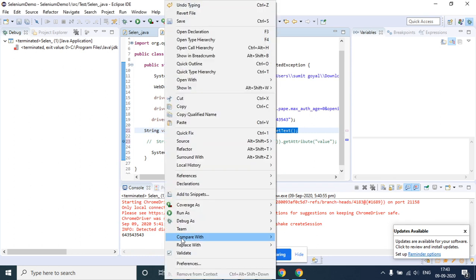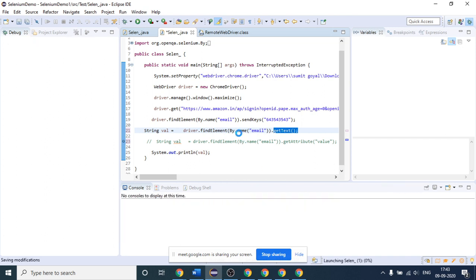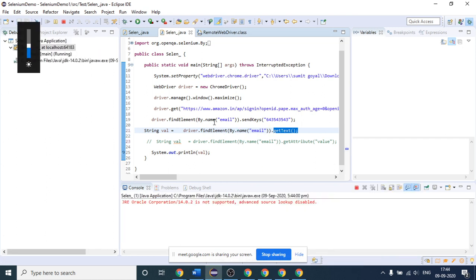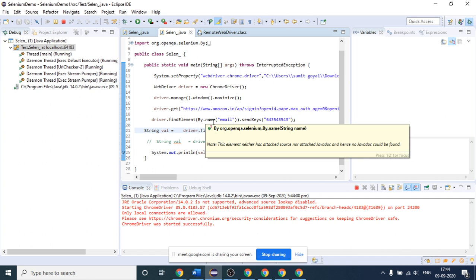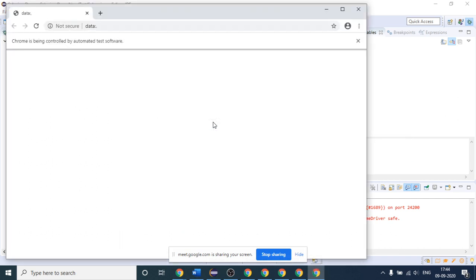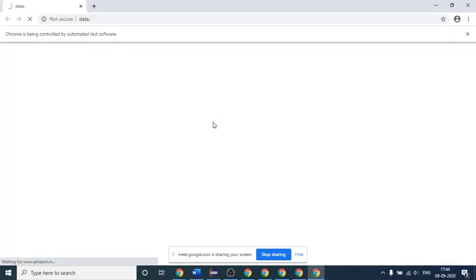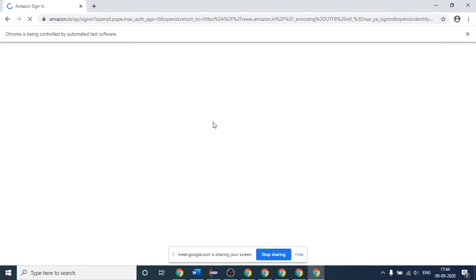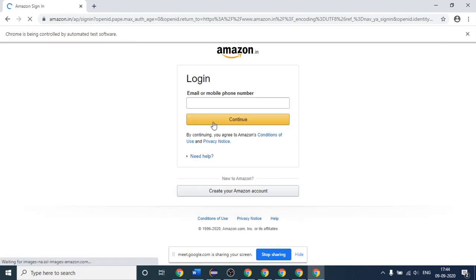We will see. First of all, let me open it again in debug mode. Is my screen visible? You can see it has opened the Amazon.in login page, and it will simply write that number which we have provided. Moreover, I have executed this program in debug mode, so we can see the values in our code.